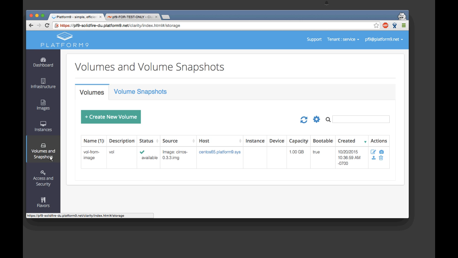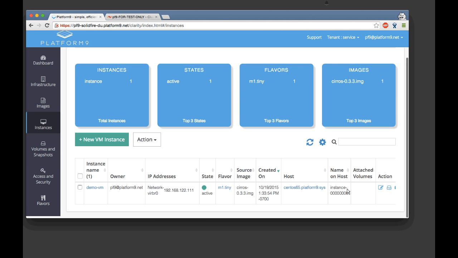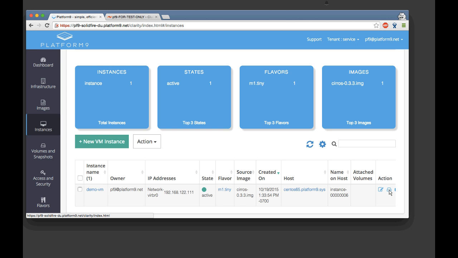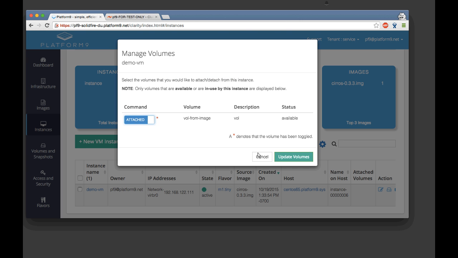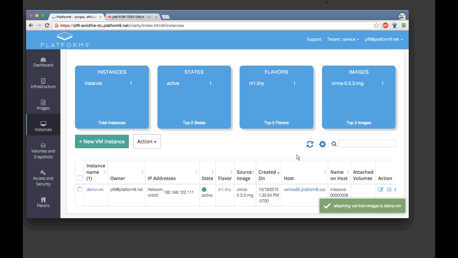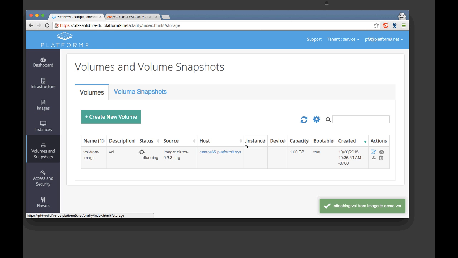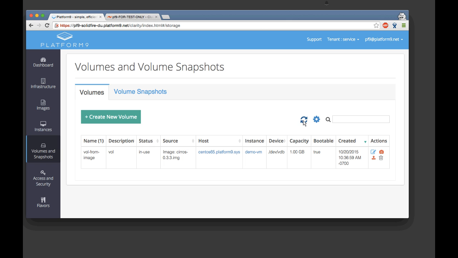So now what I'm going to do is attach that particular volume to another VM that I have. And it should have already been attached. Yes, it's attached. So you can also see where it has been mounted inside the particular guest or VM.